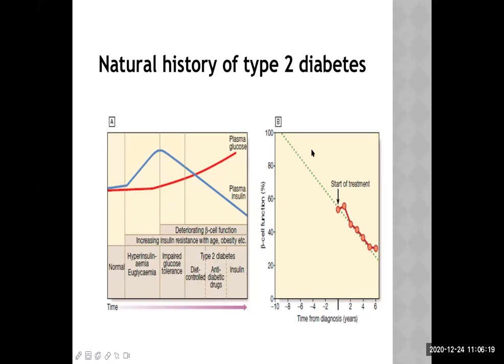Okay, so this is another graph which is telling the same thing. So here we have diagnosed and we have started the treatment of type 2 diabetes. See this. Now over a period of time, the beta cell function gradually deteriorates, and ultimately it is not secreting the same amount of insulin. And this is known as relative deficiency of insulin later on. And then we may need to introduce insulin now. If insulin is not coming at all from the beta cell, we need insulin for the treatment, even if it is type 2 diabetes.